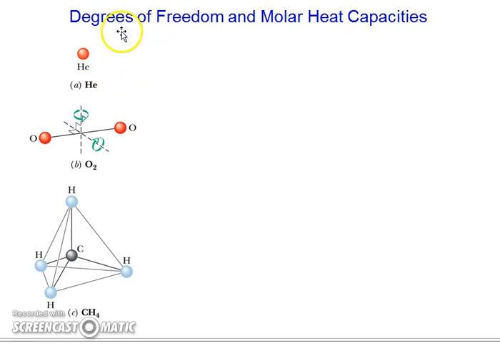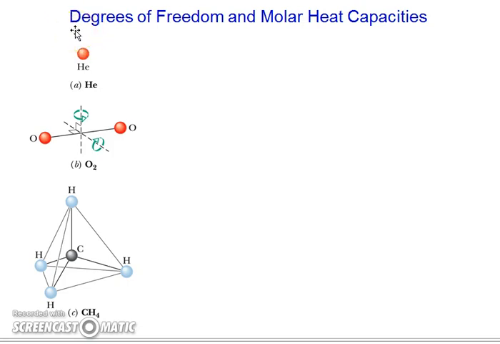Our prediction of molar heat capacity at constant volume equal to 3/2 R, which is equal to 12.5 joule per mole per Kelvin, matches pretty well with our real monatomic gases, for example, helium, argon. However, the calculated value of CV does not match with diatomic or polyatomic gases, for example, nitrogen, oxygen, or methane,